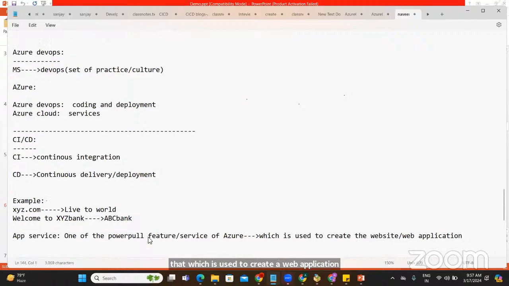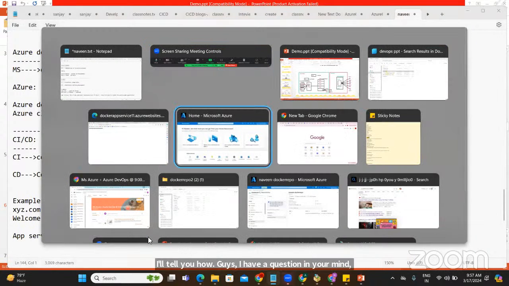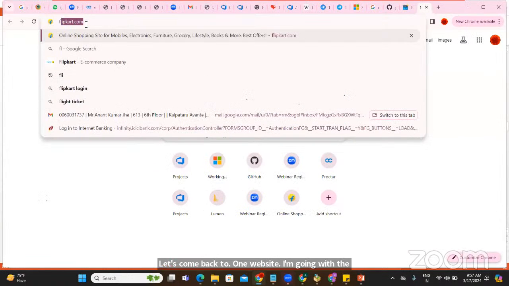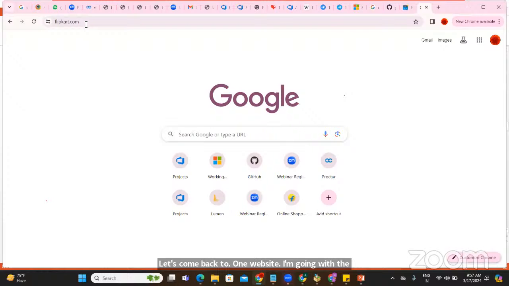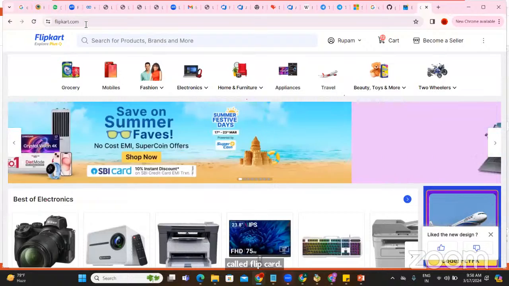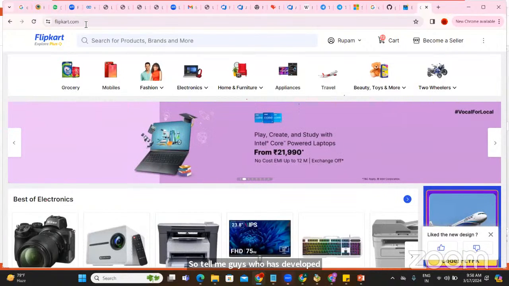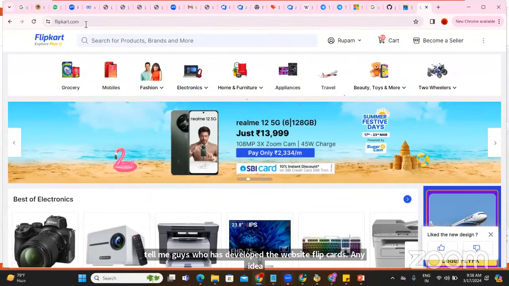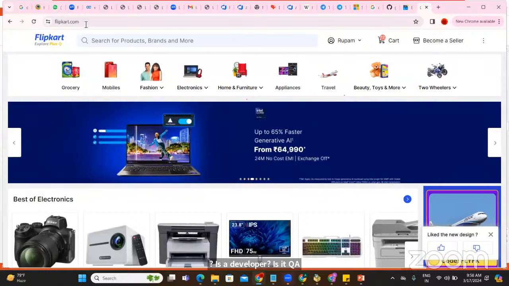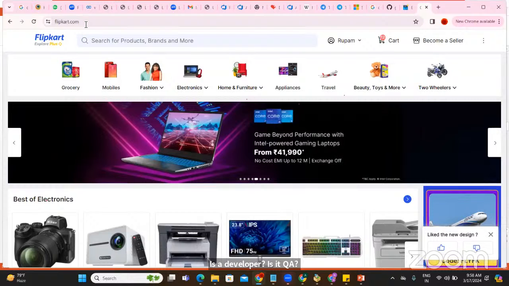I'll tell you how. Guys, I have a question for you. Please help me understand. Let's come to one website. I'm going with the website called Flipkart. So tell me, guys, who has developed the website Flipkart? Any idea? Is it the developer? Is it QA? Is it DevOps? Who has created this website, guys?